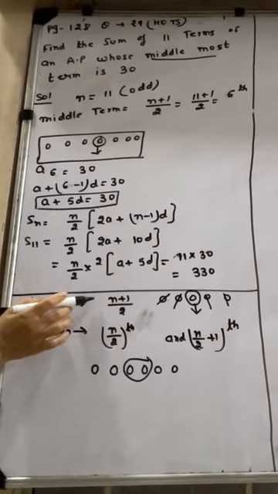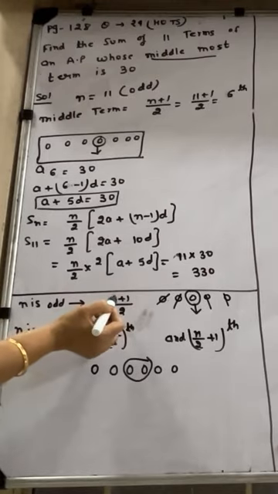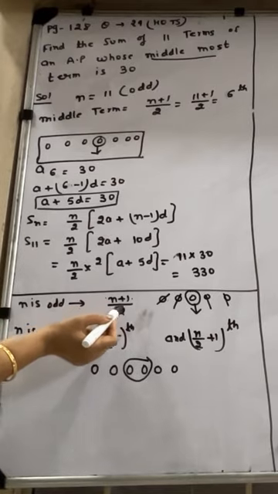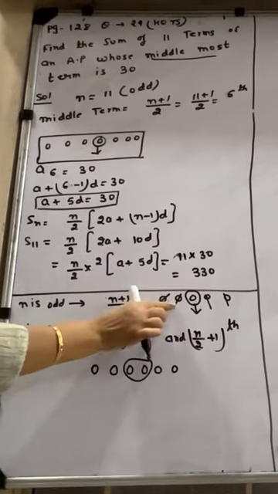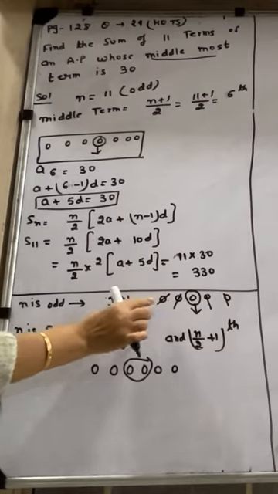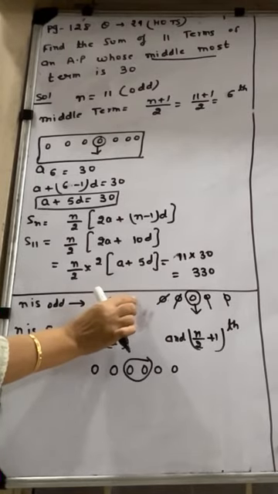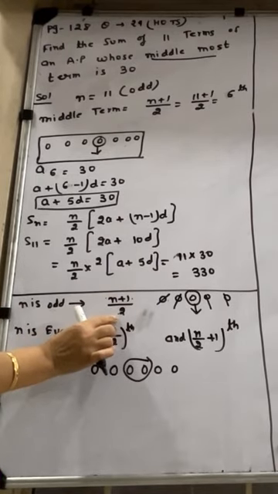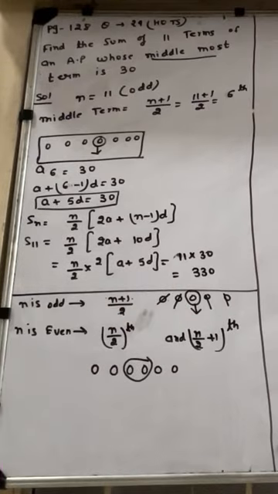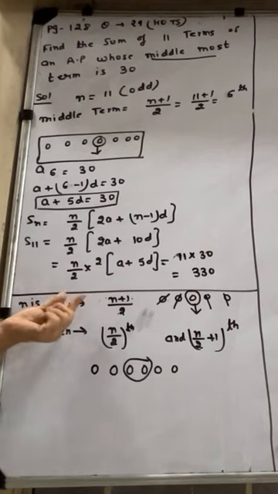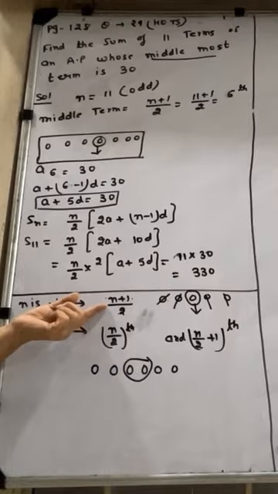So what is our formula of the middlemost term? Number of terms plus 1 divided by 2. Check out. Here the value of n is 5. If I look at this example, 5 plus 1, 6. 6 divided by 2, 3. So can you see? The third term is at the middle. Do you agree with me? So this is a formula. If n is odd, then the middlemost term is given by the formula (n plus 1) by 2.